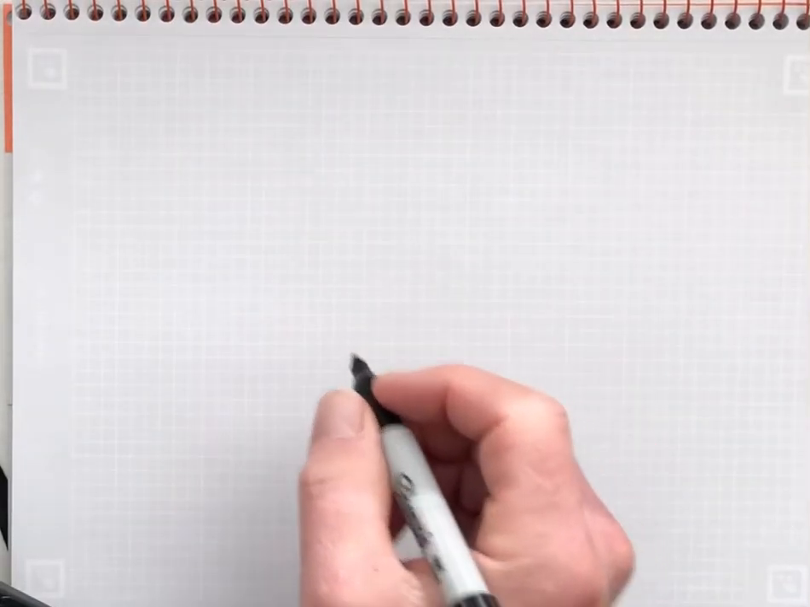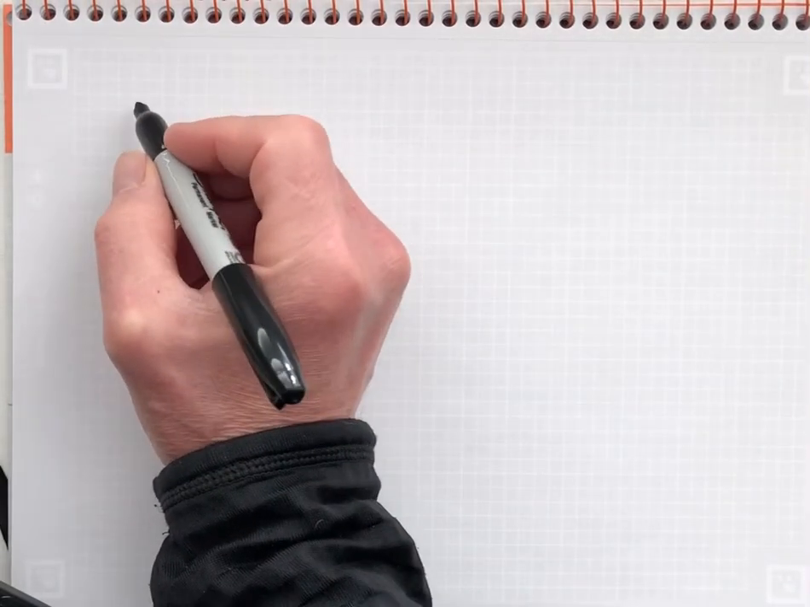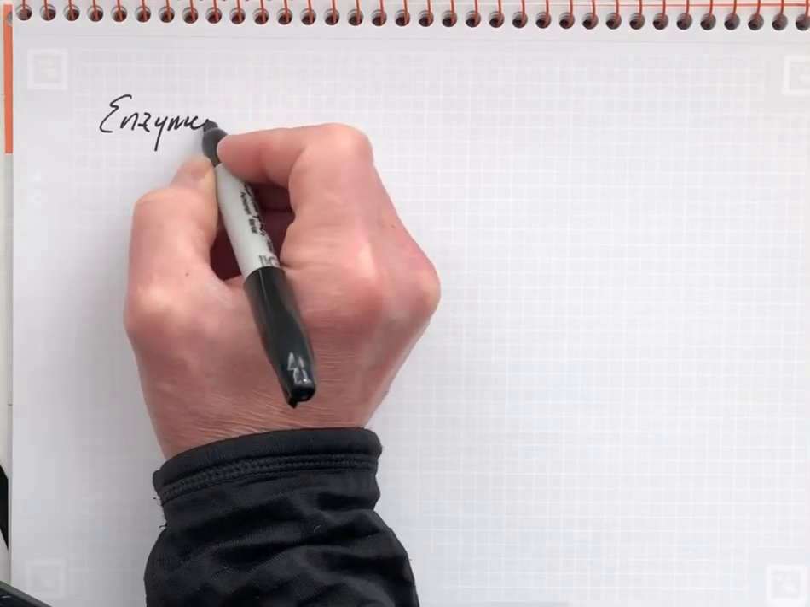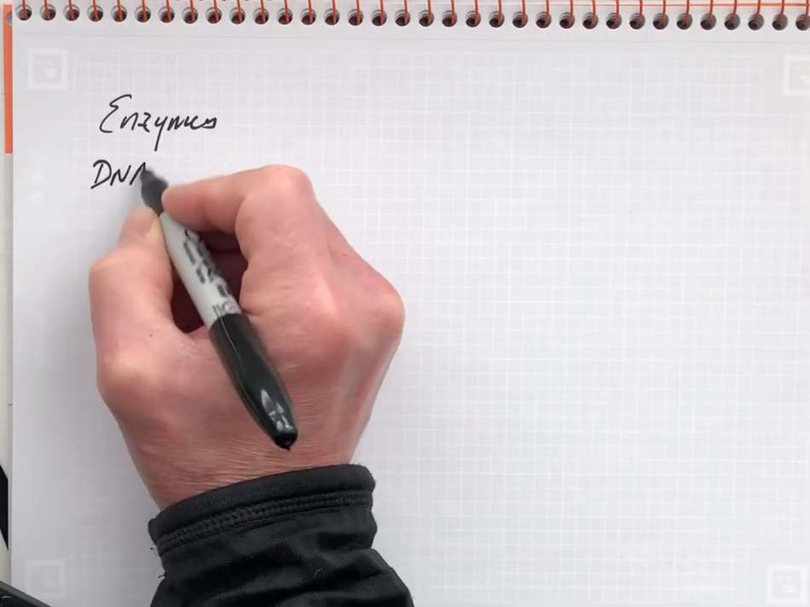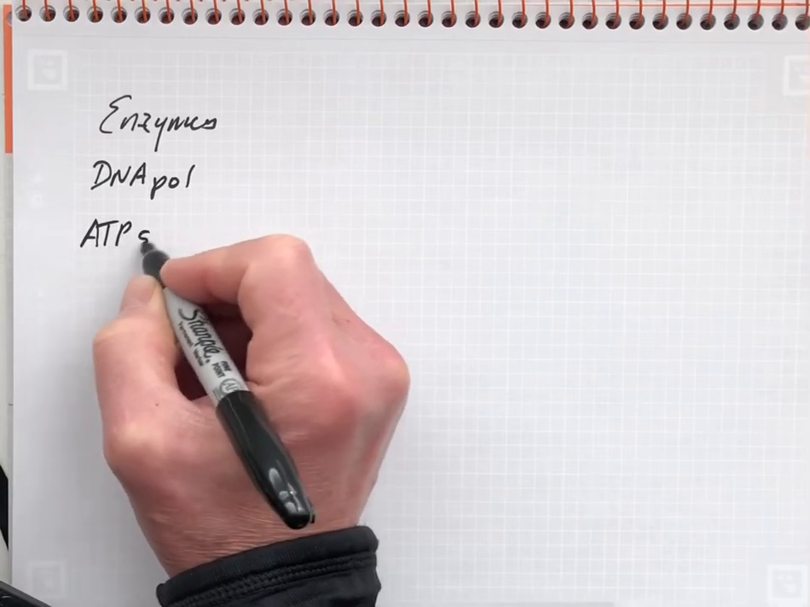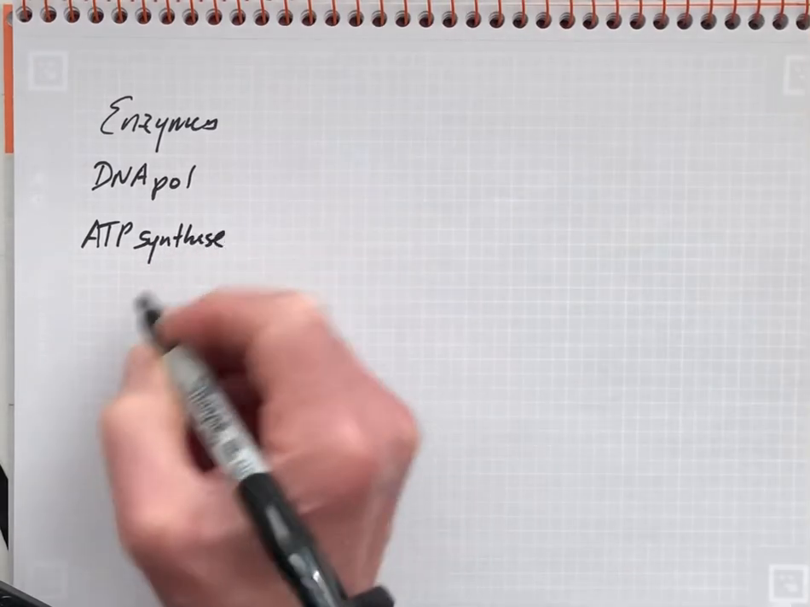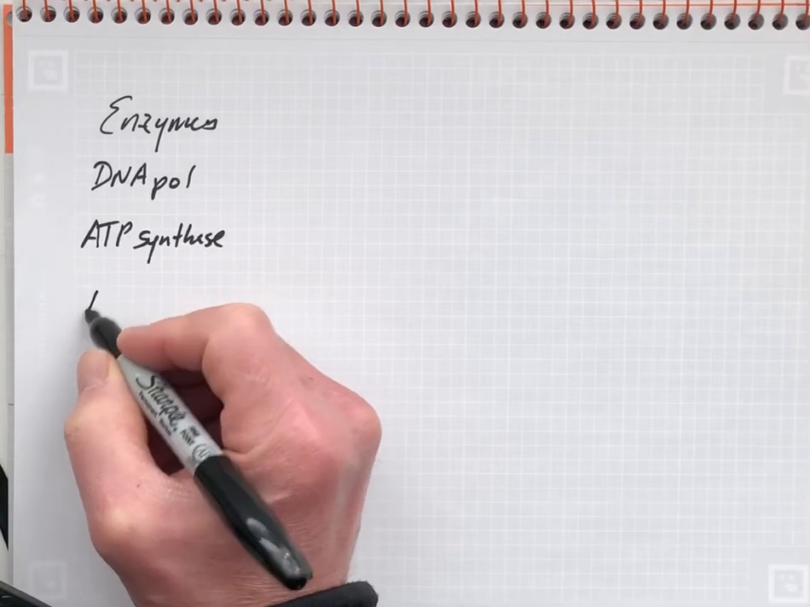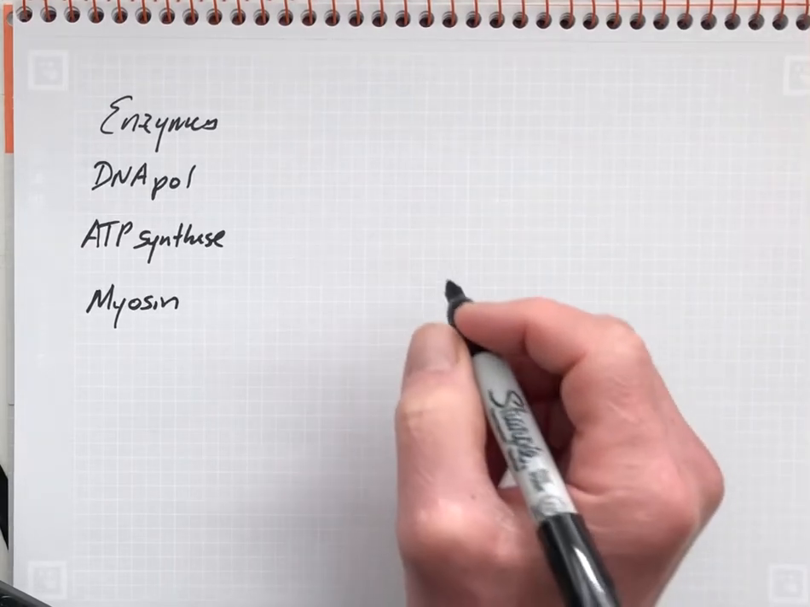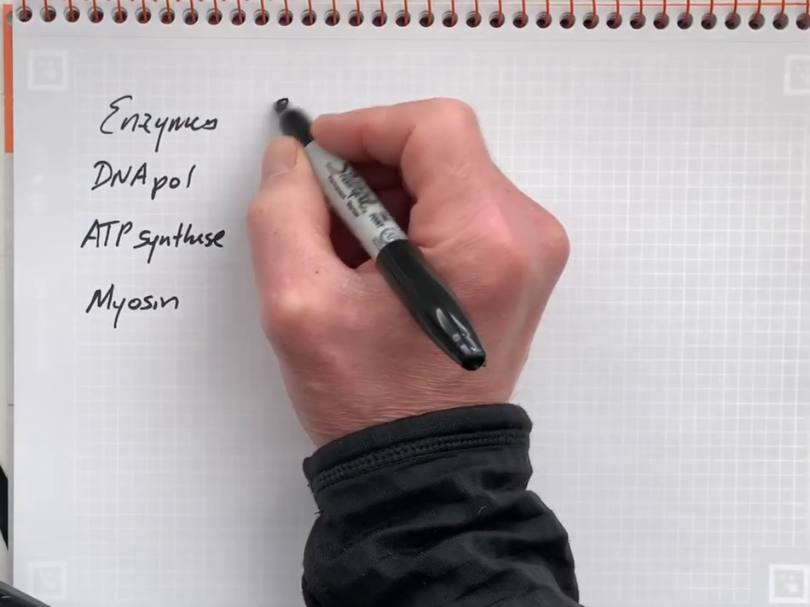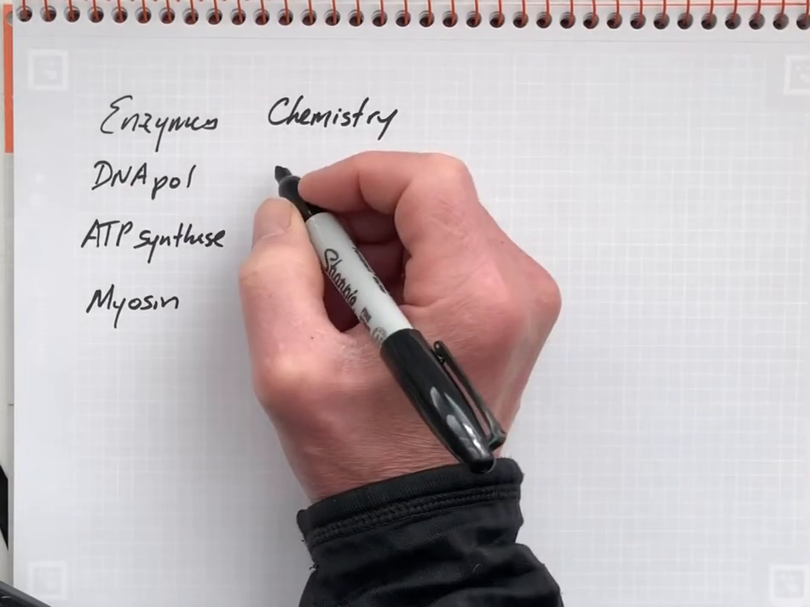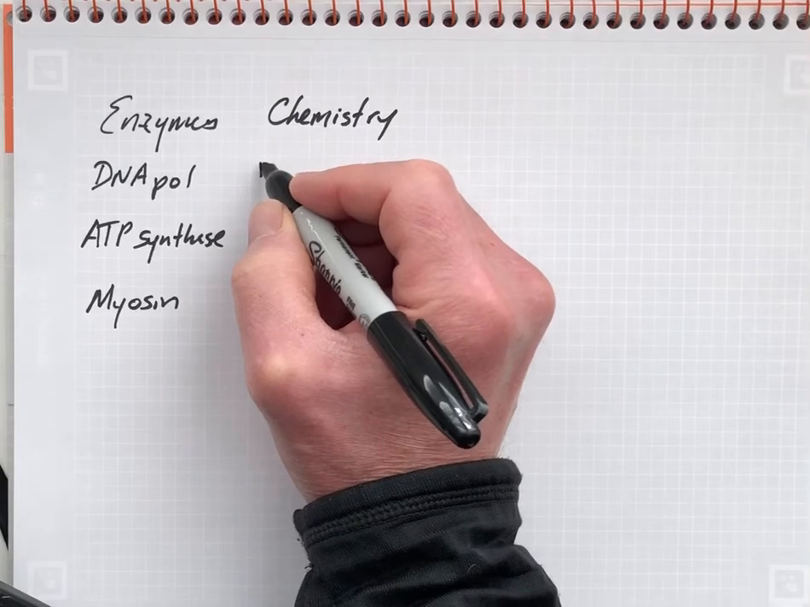In this video, also for exam 4, we're comparing 3 enzymes. We're going to compare DNA polymerase and ATP synthase and the ATPase domain of myosin. And we'll be looking at the chemical reaction, the chemistry. And for DNA polymerase, we're taking a primer DNA strand